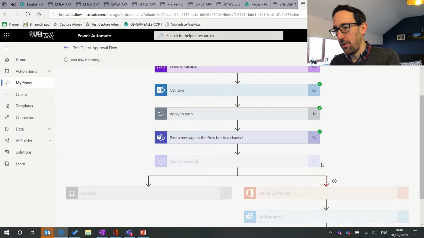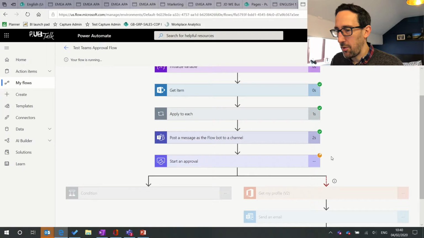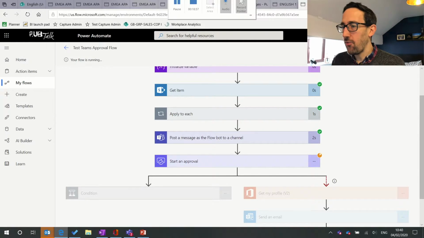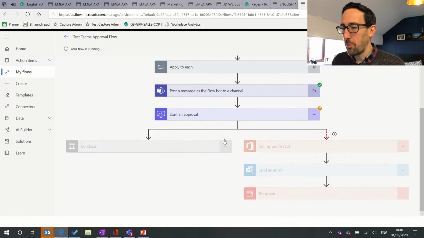Yeah, cool. So I got the approval request pop up on my phone, and it's now sat at starting approval, and we know it's all working okay with the string variable that we just added in. So now we've got a dynamic list. If you're wondering why we ended up with like 2 levels,